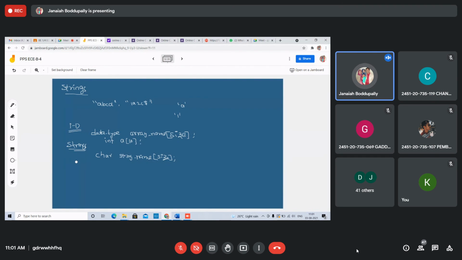This is the declaration, string declaration. Initialization you can also write. I am comparing with a one-dimensional array. How to declare the 1D, and how to initialize 1D?